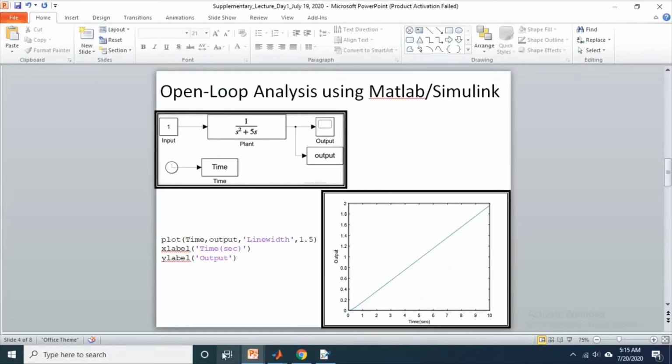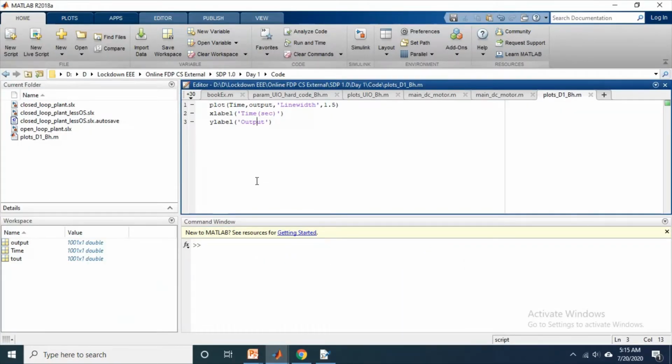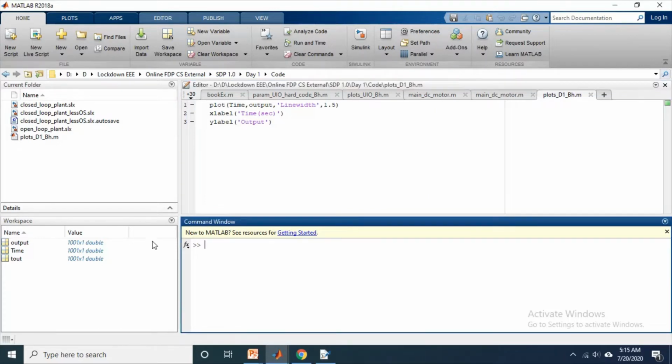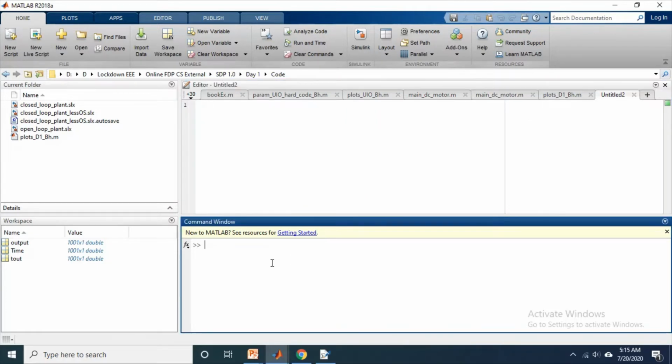So to start with, first of all we have to open MATLAB. As soon as you open MATLAB, this is called the workspace, this is called the command window, this is called the editor, and this is the current folder. I am keeping it open. Since you have to build the Simulink model, I am using 2018a. Most of you will have similar versions. This is the Simulink one. For different versions, this GUI might look different, but everything else will be the same.